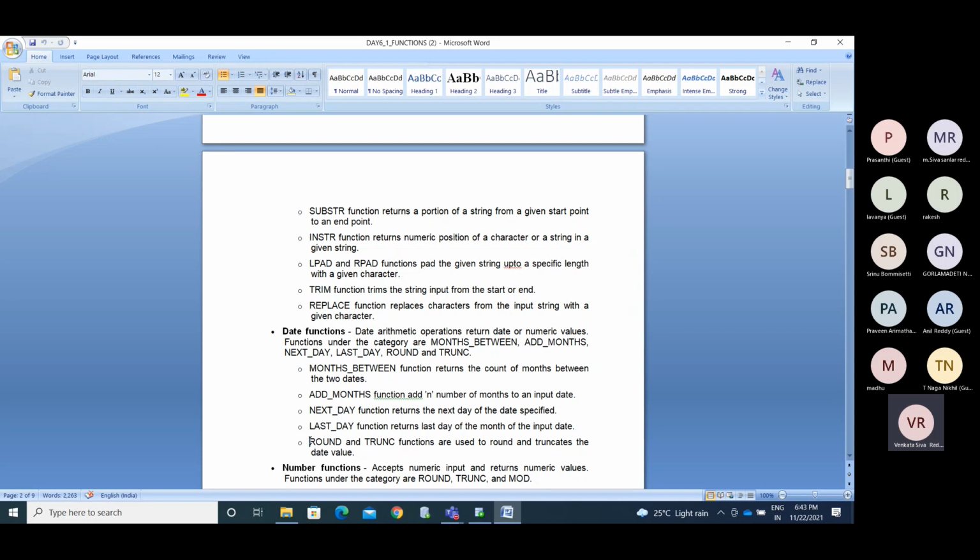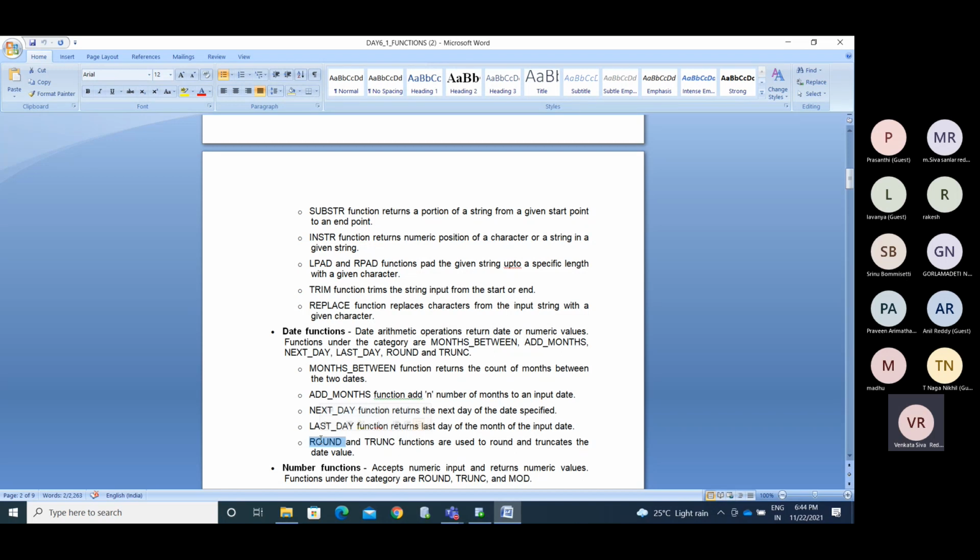Okay, the round function. To know about the round function, we need to complete the number functions. Usually in mathematical calculations, if you have below 0.5, you make it 0, and if it is 0.5 or greater, you make it 1. In a similar way, the round function performs that. If the time is less than 12 p.m., it will show the current day.